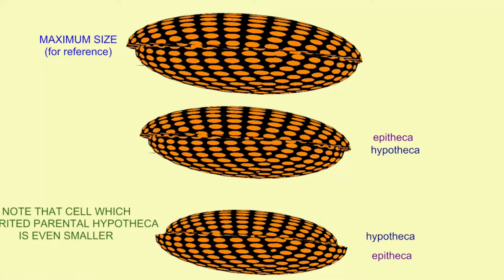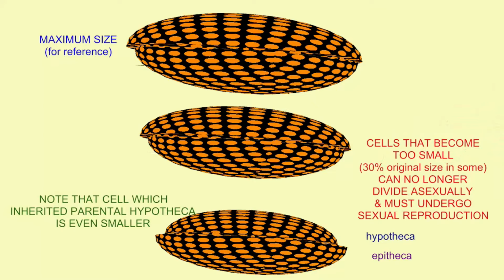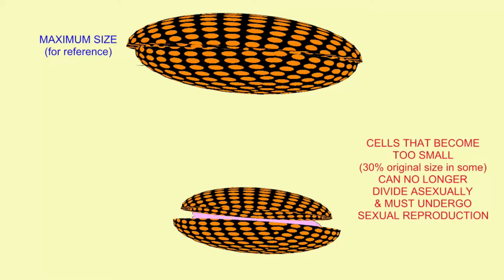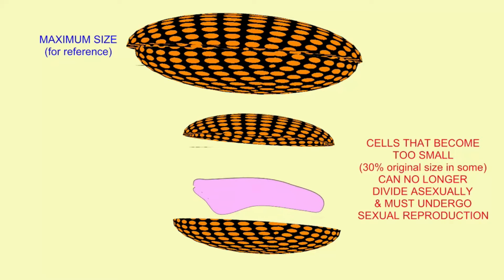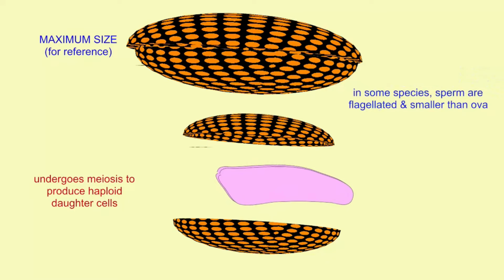Once it goes under half the original size, maybe even 30% the original size, it becomes too small to divide through asexual mitosis any further, and now it must undergo sexual reproduction to regain its normal size. When a cell must undergo sexual reproduction because its size is too small, the cytoplasm will undergo meiosis to produce haploid cells. In some species, the sperm are flagellated and smaller than the ova, while in other species, the male